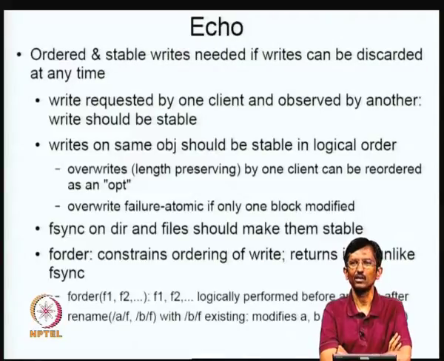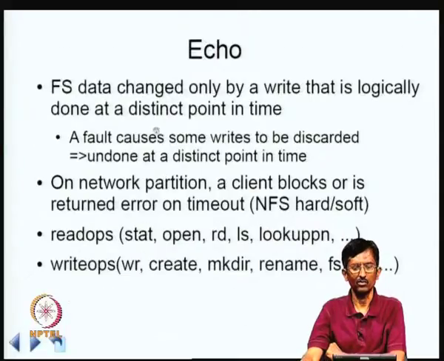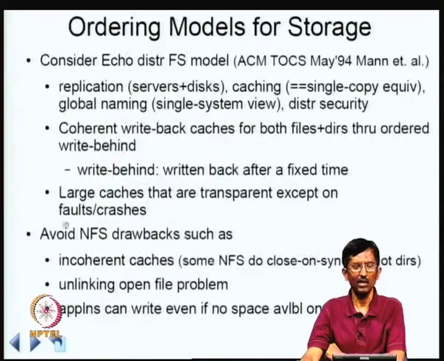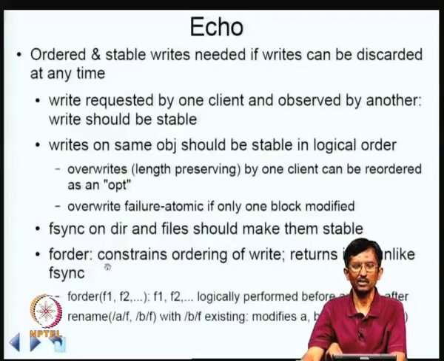But suppose I am interested in constraining the order of multiple files or multiple directories. I want to specify the order in which some particular operation takes place on certain files. Then F order can be used, and this is something which is not there in POSIX. fsync is there in POSIX, but F order is something which is there so that you can essentially satisfy these conditions. Okay, various design aspects about coherent write back cache, etc. For these things you need F order. So this is a new thing, it's not part of POSIX.